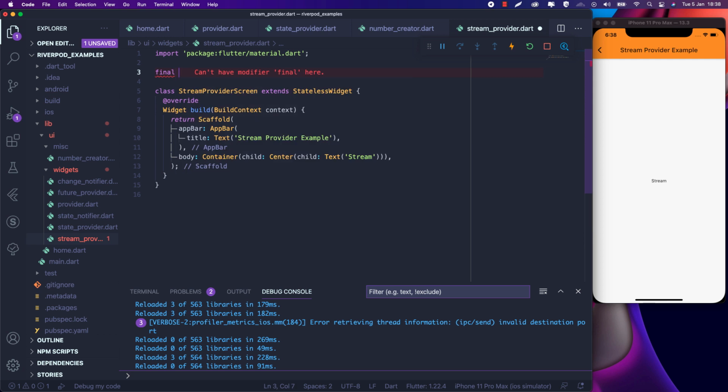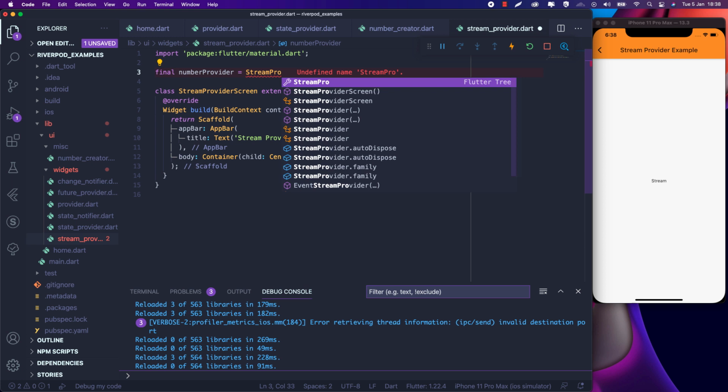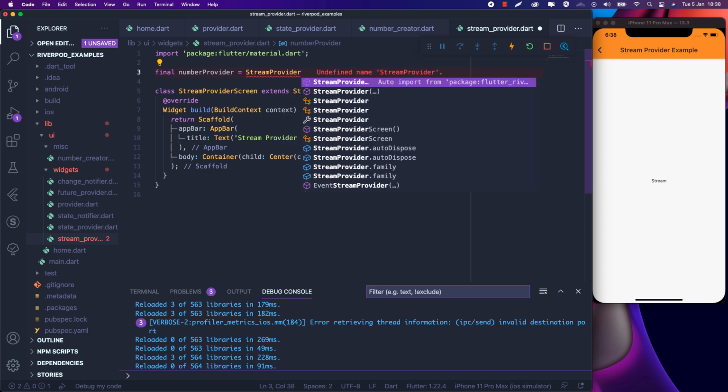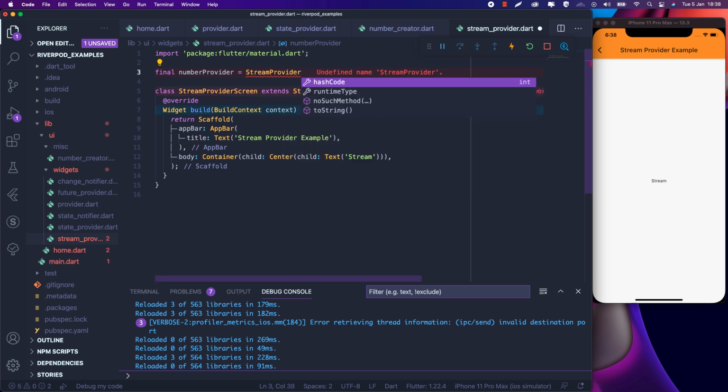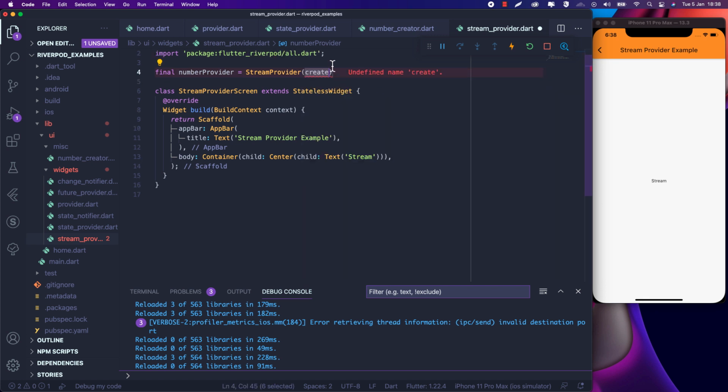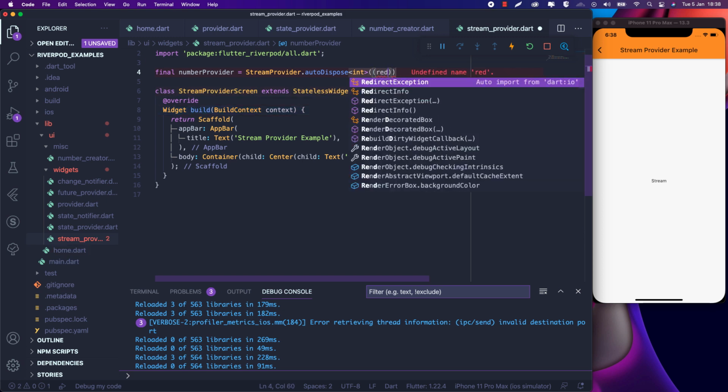So first we create a final, and we are going to call it a number provider because it provides numbers from stream, and we are going to use the stream provider object. So we are going to do the auto import. It has the auto dispose method, and we are going to pass string there, and we pass our ref,